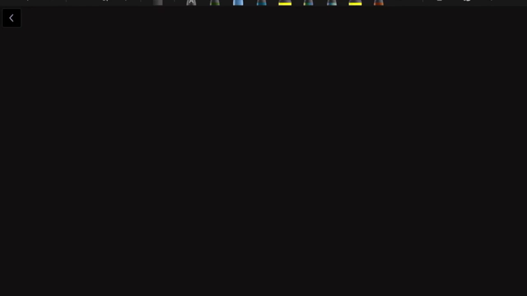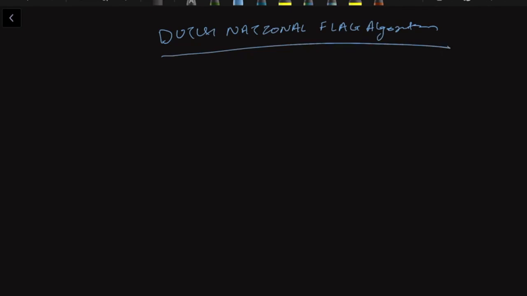Hello guys, let's get started with a new question today, which is the Dutch national flag algorithm. So the problem is we are given an array of size n